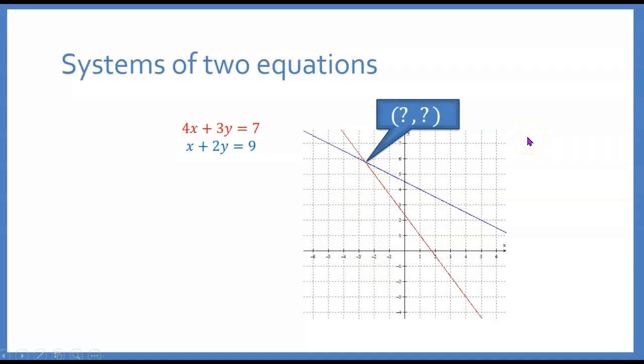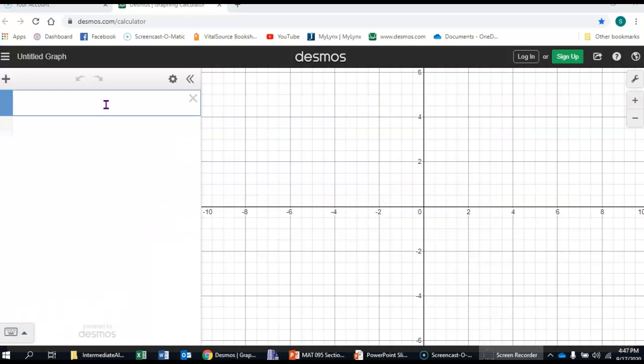So here we see one of the problems with this graphing method. If the solution doesn't come out to be a nice whole number, it can be hard to see exactly what it is. Let me kind of cheat and get a little help on this. I've pulled up the Desmos graphing calculator. It's an app you can get for your phone, and it's also online. You can point your web browser to